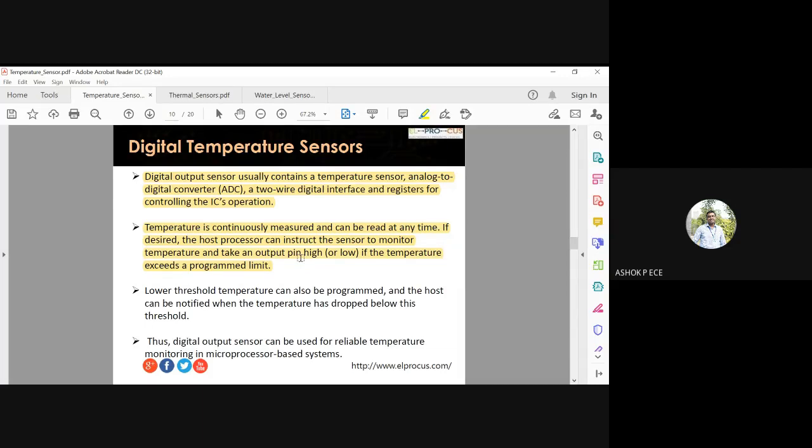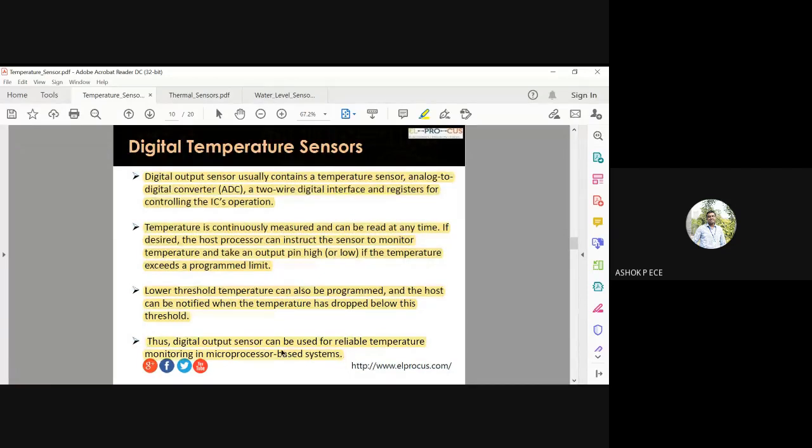You can program the microprocessor to detect a low temperature threshold or a high temperature threshold. The threshold can be room temperature; in India we can have it as 30 degrees Celsius or 27 degrees Celsius. If it exceeds 35, I can say that it is very hot. If it is below 35, I can say the temperature is moderate. I can set all these things using the processor, and monitor the temperature accordingly.